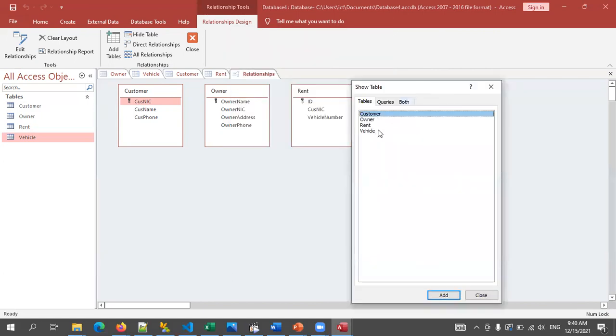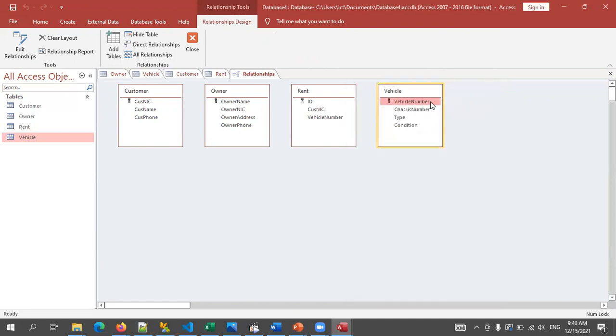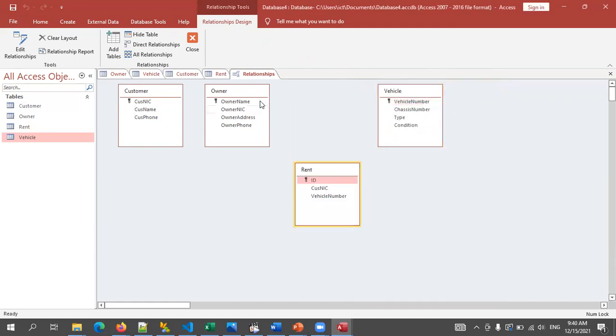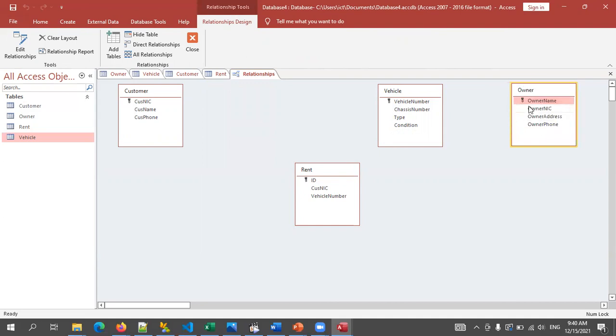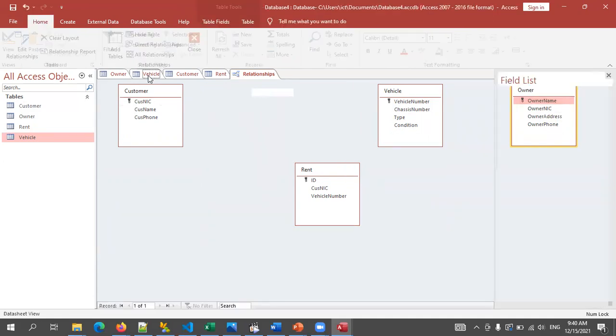Customer, owner, vehicle, right? Right, children. Then to create relationships, one is between owner and the vehicle, right here. So then the primary key field is this one. I didn't save this one, right?